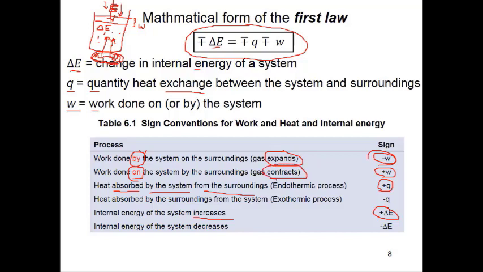Somebody has done the work on the system, and the gas will contract. So if work is done from outside by somebody, then it will be plus, and it will be called work done on the system. So the gas will contract. And then if the energy, this delta E, goes out, for example here, then it will be minus. So this is minus delta E. The internal energy of the system decreases. And minus Q means energy goes out. So if we remove this